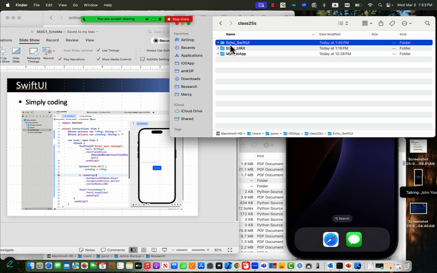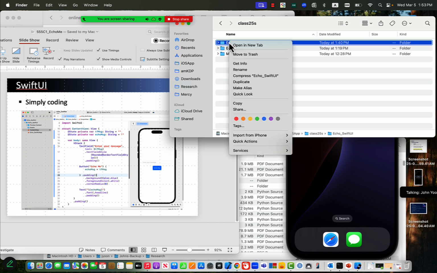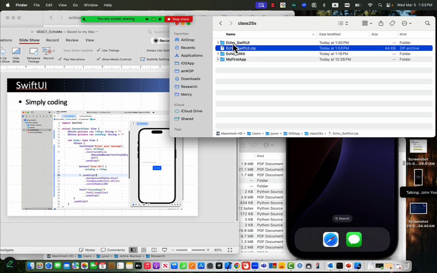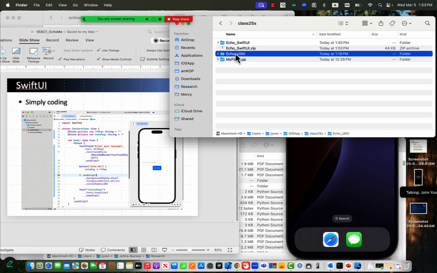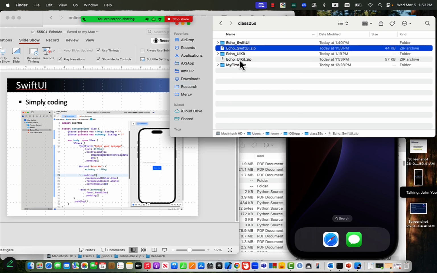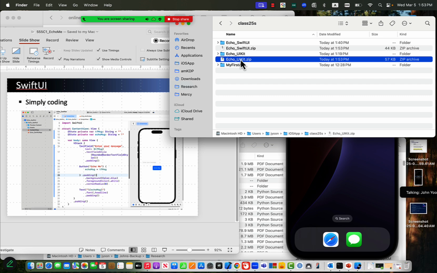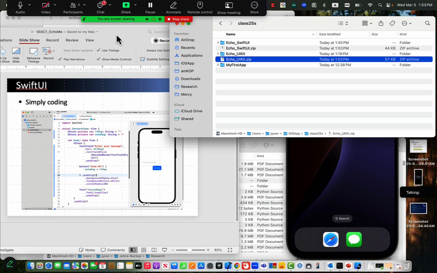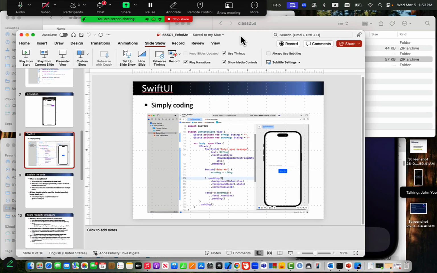Make a compressed file for each one separately: echo SwiftUI, and the next one UIKit, another compressed file. So you need to submit these two zip files, so that I can emulate it. If you submit any subset of those, I cannot emulate it. Any other question before we